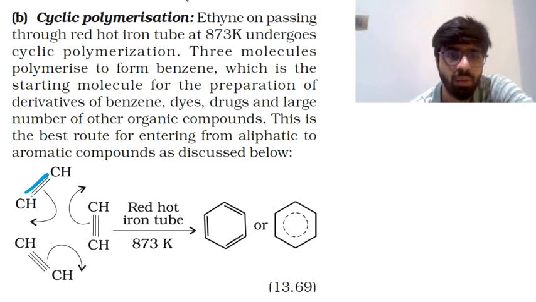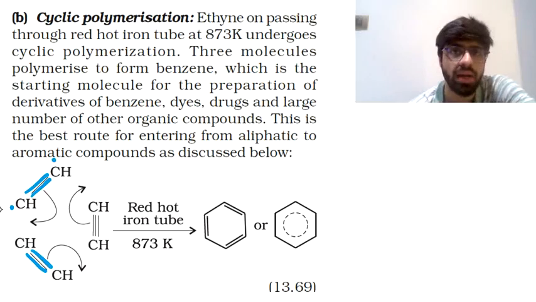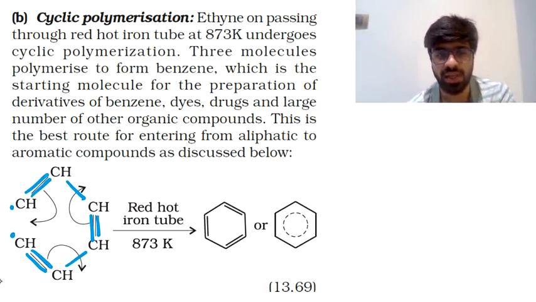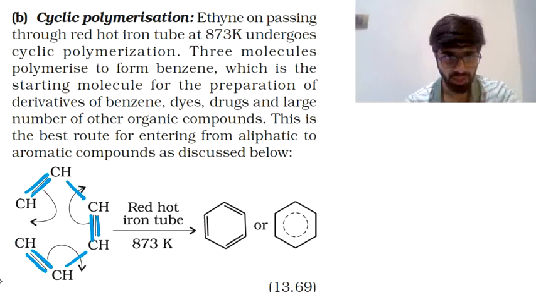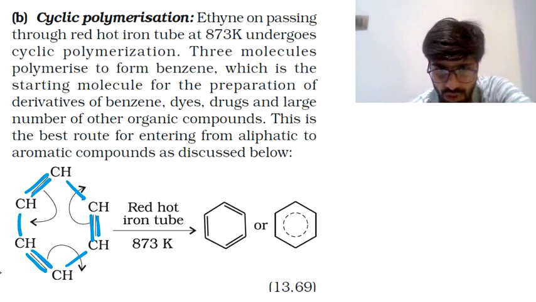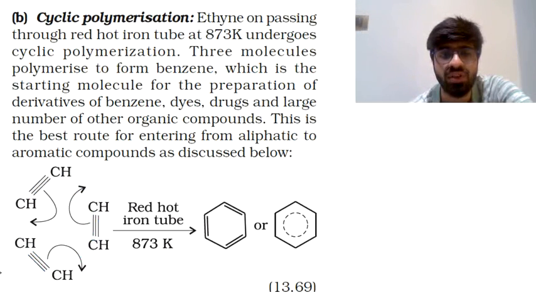How to imagine the reaction? There's a triple bond; break one bond and convert all of them to a double bond. The carbon atoms here get an odd electron with themselves. Even this becomes a double bond, and because you have broken one bond, one electron goes here, the other electron comes here. A double bond here, one electron here and the other electron here. The 2 carbon atoms here are going to share their electrons and form a single bond between themselves. These 2 carbon atoms are going to do the same thing, and the 2 carbon atoms here also do the same thing, and that gives rise to the formation of benzene. So that's how this particular reaction takes place, that is, cyclization of acetylene to give you benzene.